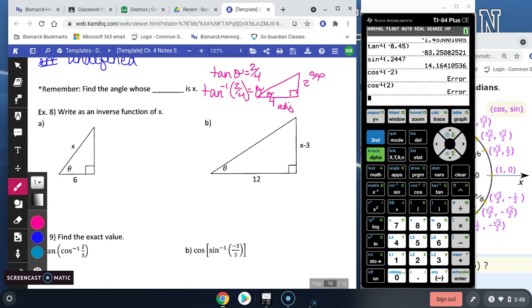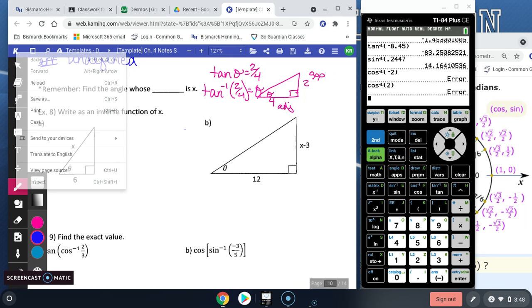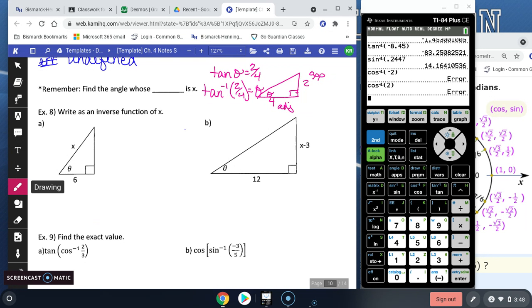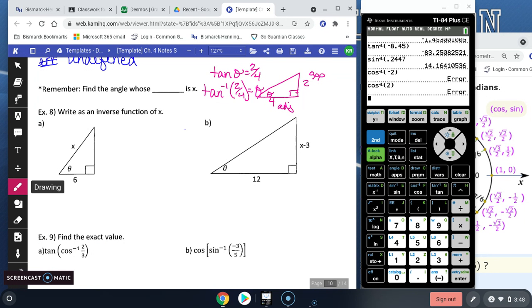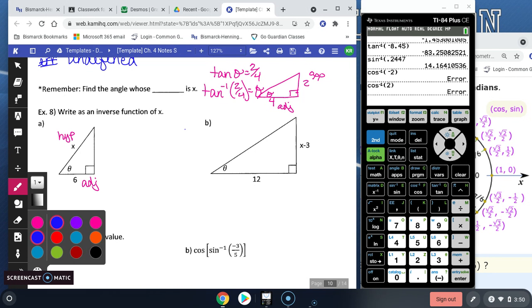Okay, example 8 is the same thing. You just have 2 variables instead of 1 variable. So go from theta. This would be the adjacent side. Okay, I'm not drawing. What did I hit? Okay, so for 8A, this would be the adjacent side. This would be the hypotenuse. So to make